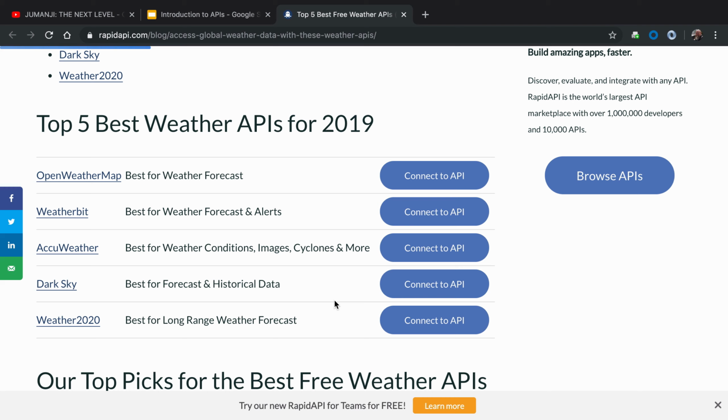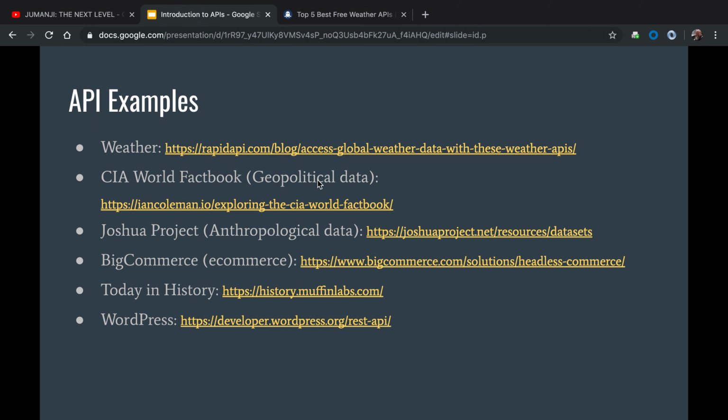So say you want to do a blog post about weather in your county over the last 100 years. You could relatively easily hit their API and make a list of temperatures per year for 100 years and make a little chart with Google Charts. Because you just dump the data right into Google Charts as a string of comma-delimited numbers. Cool stuff like that. The CIA World Factbook, geopolitical data.